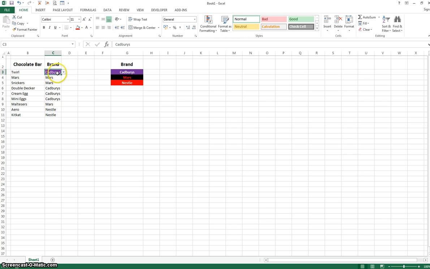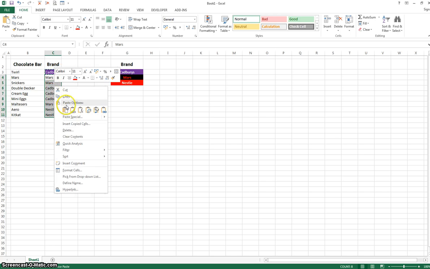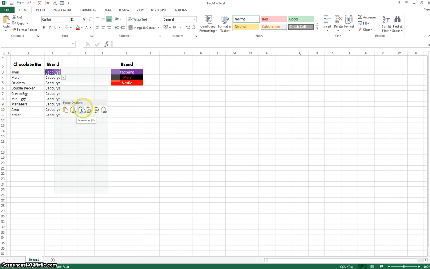So what we can now do is copy into all of these cells, and we can use paste special, and we actually want to copy the formats, just the formats to keep the values the same. So the way we just applied that conditional formatting, it's now applied to just this column. So it's not going to change the whole row, it's just going to change this column only. What we could have done instead, if I just undo all of that,